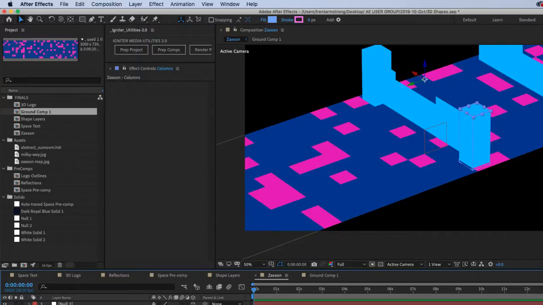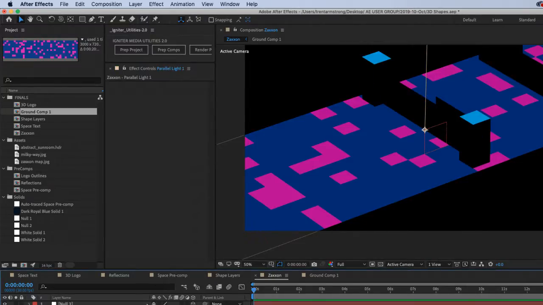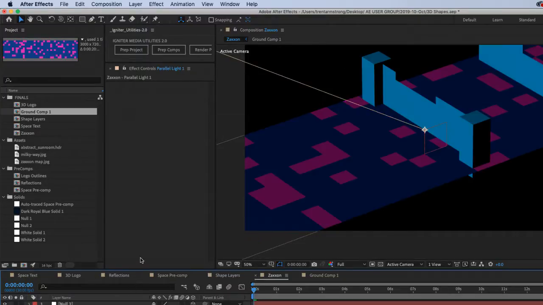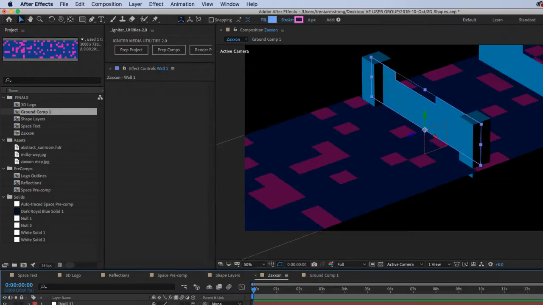Too tall. There we go. And let's just put a light in there for fun, so we can see what's going on. Alright. And the wall, we're going to extrude this.